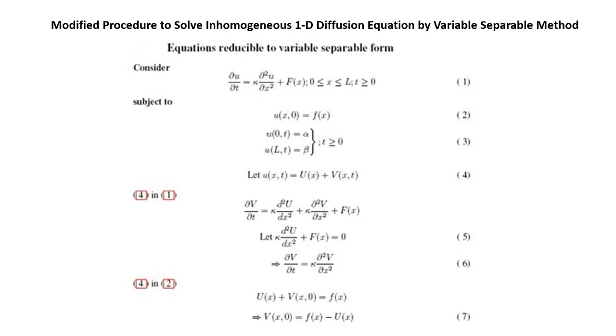Where does the inhomogeneity come from? Take the equation: the one dimensional heat equation. You can see from equation 1 that there is the one dimensional heat equation plus f of x. So this is the term which is contributing to the inhomogeneity of this problem, and this is one dimension, therefore